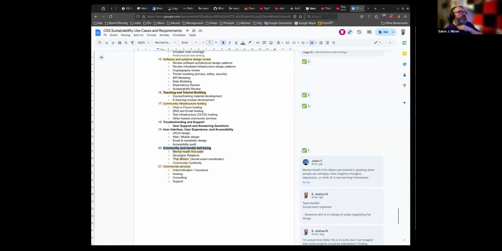We have 4 minutes left before we're scheduled to stop. Should we leave it at this and then continue with 18 and 19 next time, or what do you think? I think we can make 18 work, just at the last moment, because it's a short one. User support and answering questions. So this is the language that the chaos people used in their contribution list, a list of types of contributions that do not involve coding or require computer skills or documentation skills.